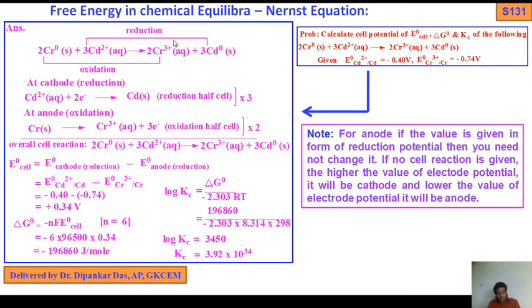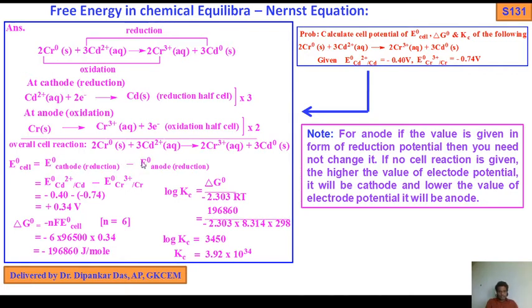as the overall reaction is given, from this reaction you find out oxidation and reduction, then you find out the cathode half cell, reduction half, and the anode oxidation half cell. Then you balance the electrical charge, multiply if required, then write down the overall cell reaction. From this overall cell reaction you get the value of n. Finally you get 6 electrons, n equals 6.